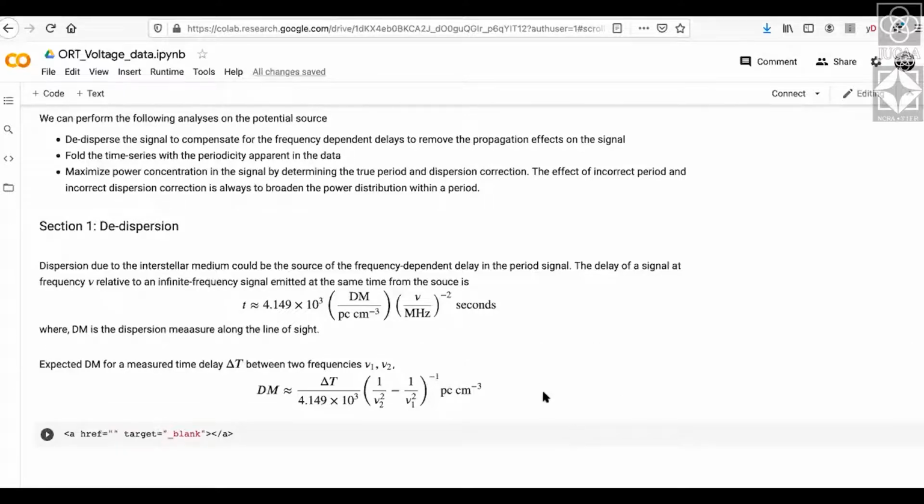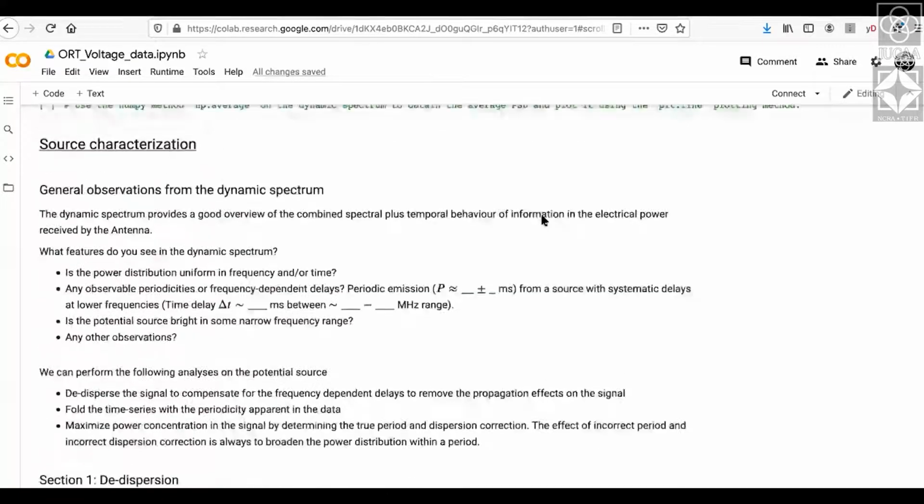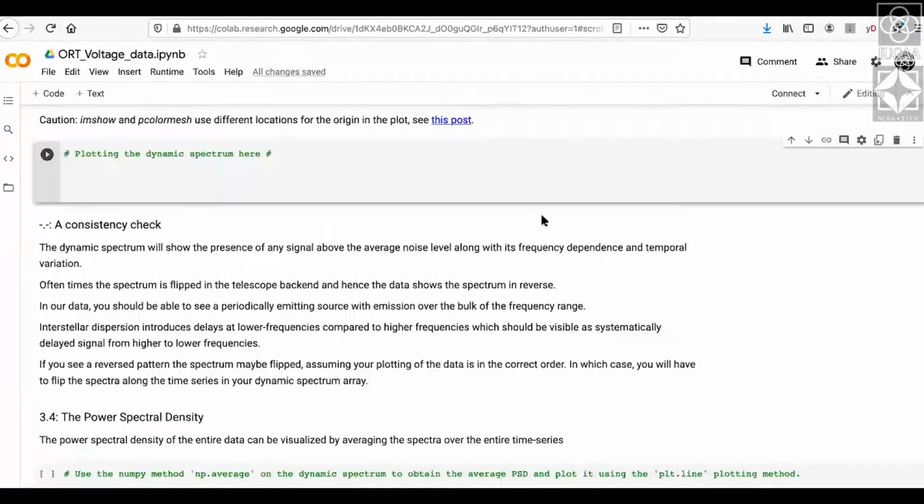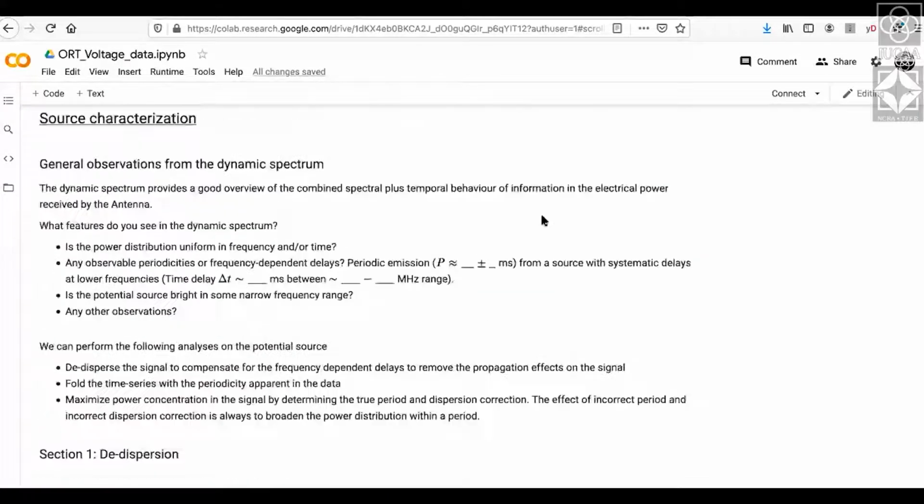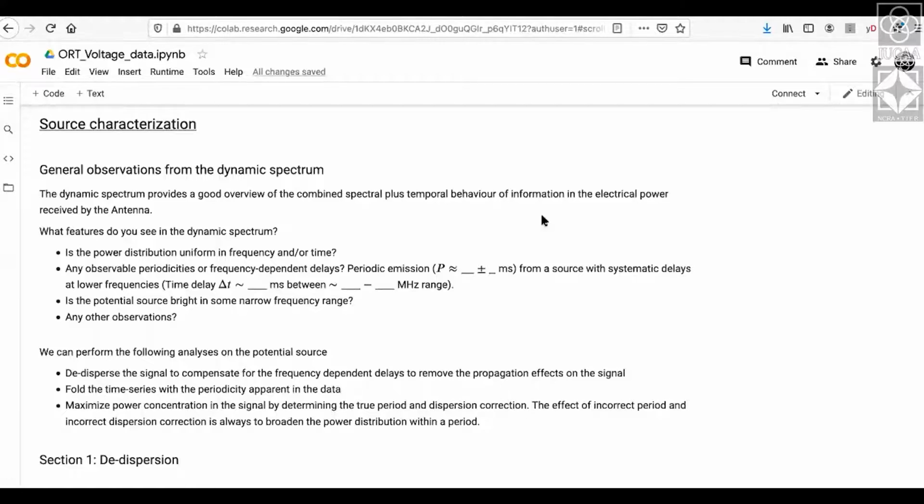So I should say that so far I've explained only finding the approximate DM value and correcting for it. I'll add a little section about how to improve on these values, and then it will be a lot clearer. For now, you can still get started. I'll update you as soon as I add that section about how to optimize and get the best fit values, using this method of looking in a matrix of values around the rough value of DM and period.